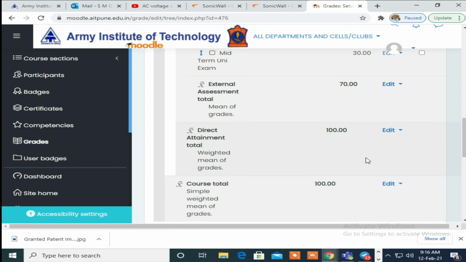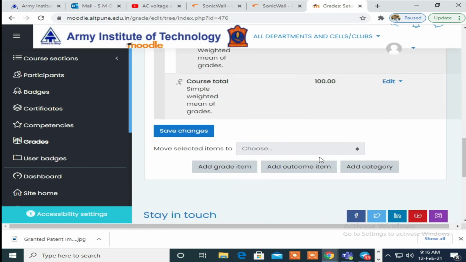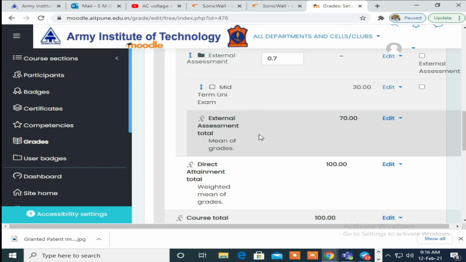Then we need to add one more atom, that is final university exam. So go for the edit button and change the setting, or just check whether it is proper or not by clicking on the edit button.